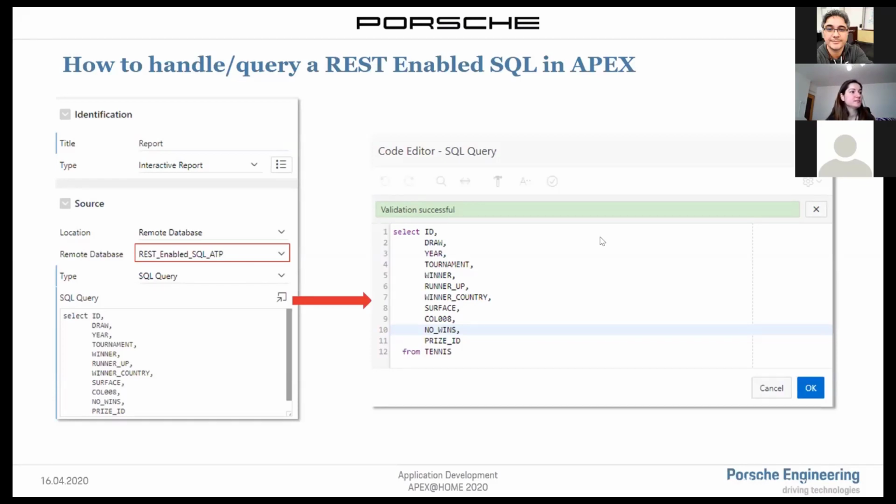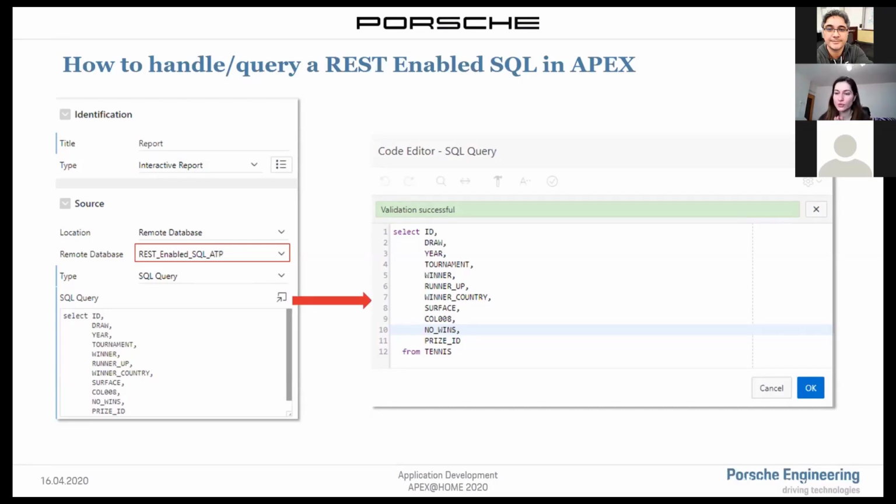Either you select the type as table, and it will take into account all the columns, or you can build your own query, and Apex will automatically retrieve all the columns, but you can select 3 or 4 of them, perform some column transformation, for example, and even make a join. But that's another important thing. You can join the tennis table only with